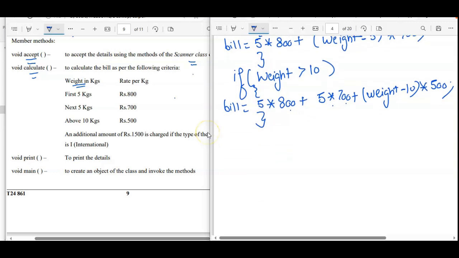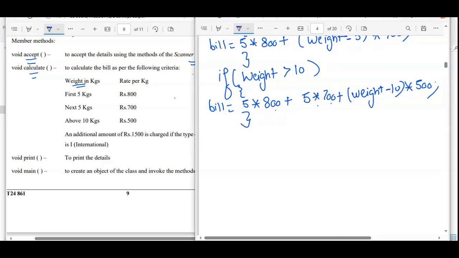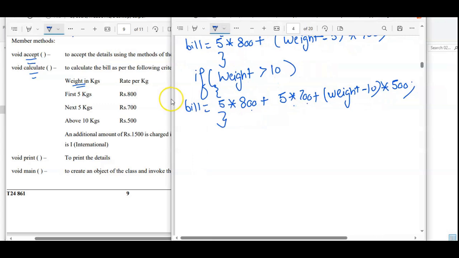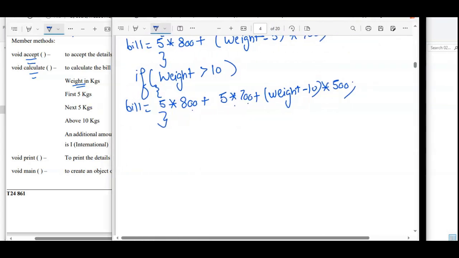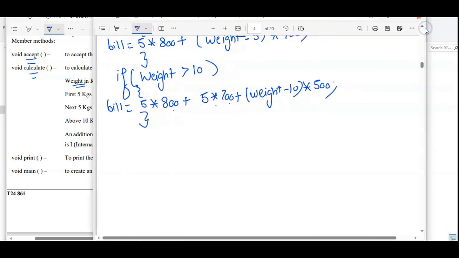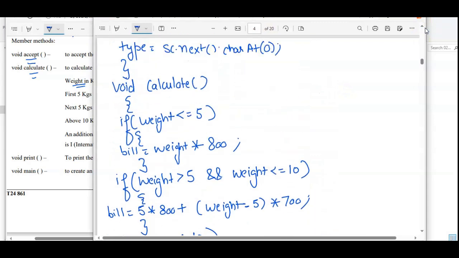What they are saying is, in case the international option is there, what can be done? First we have to write down the condition. If type is equal to what?